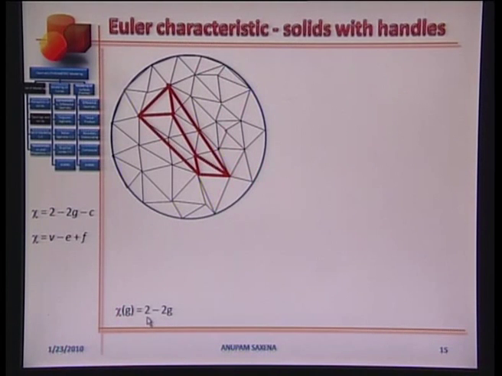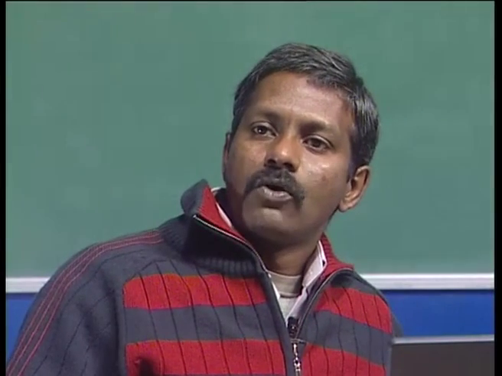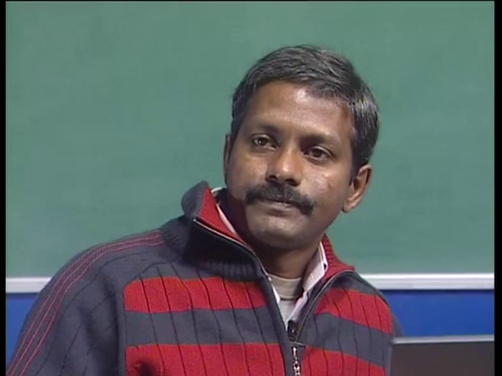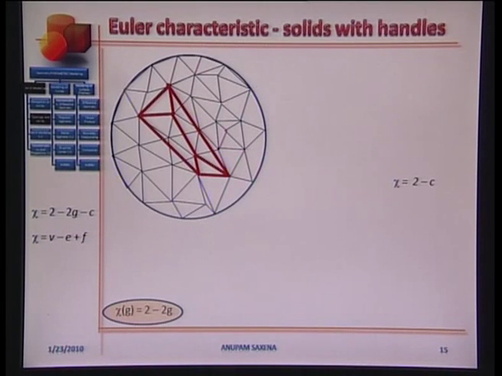This 2 here is the characteristic for a spherical surface, or for all polyhedral surfaces which are homeomorphic to a sphere. If we combine this result with that we obtained previously,